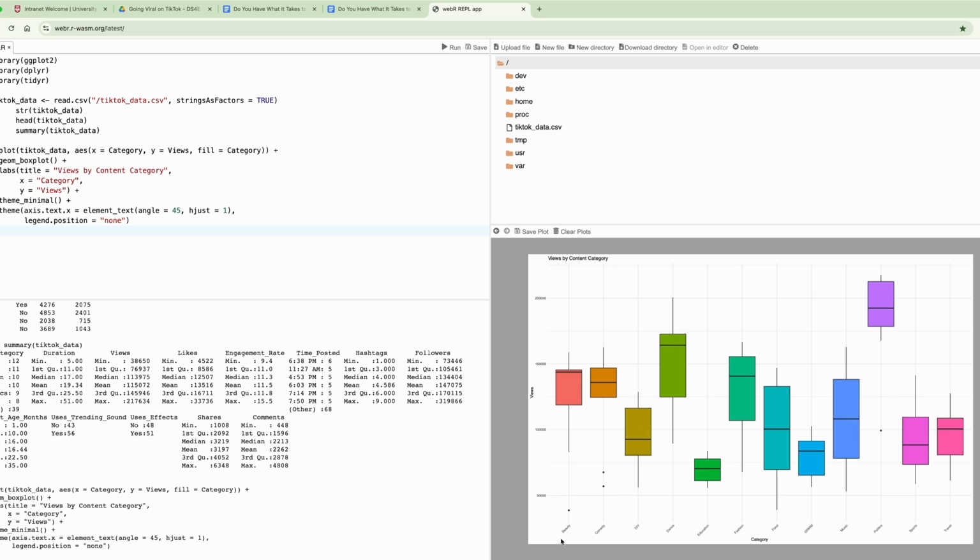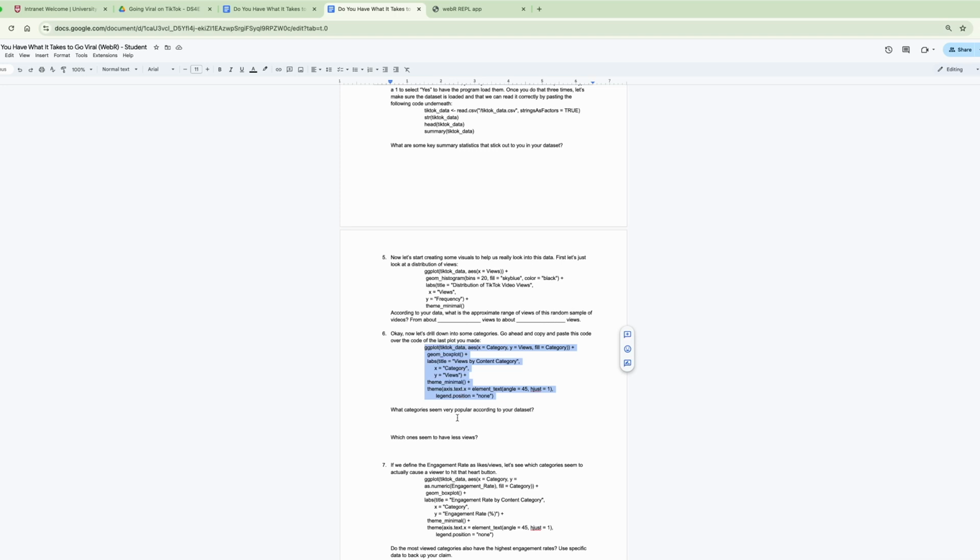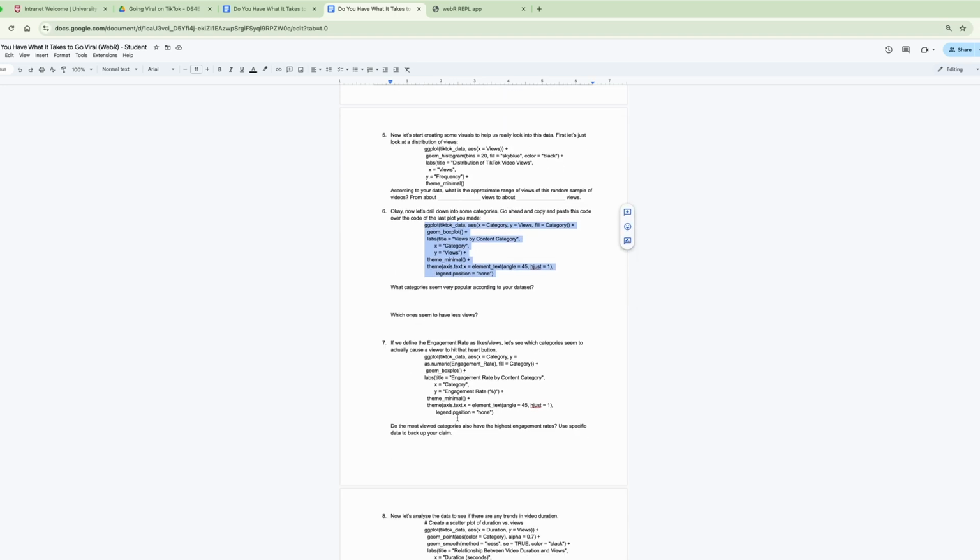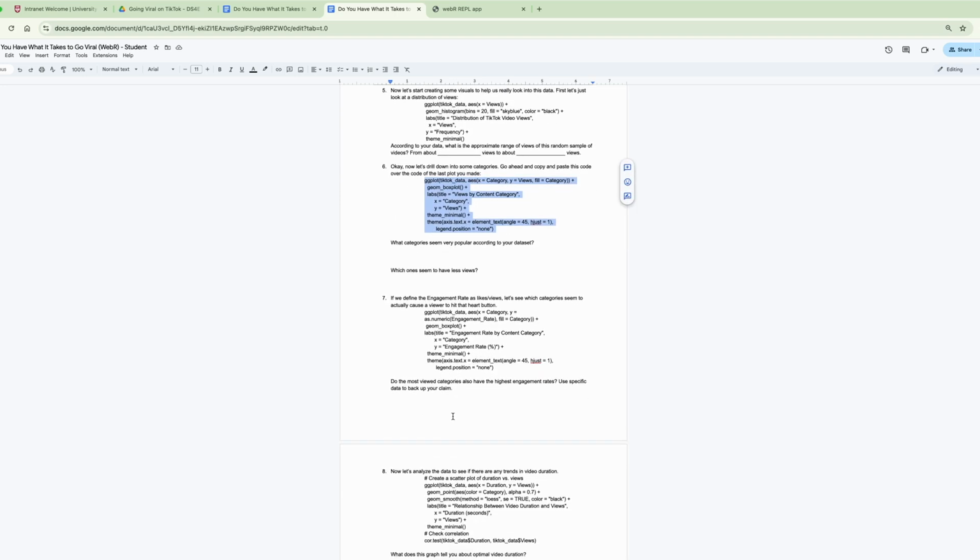But you can see the students look through the different types of categories, and they can just see how many views these things are getting, and they can look at the box plots to see how successful these different categories are. And it has them walk through what these things seem to mean for each. I'm not going to walk through the whole lesson because you're getting the point of it now, but